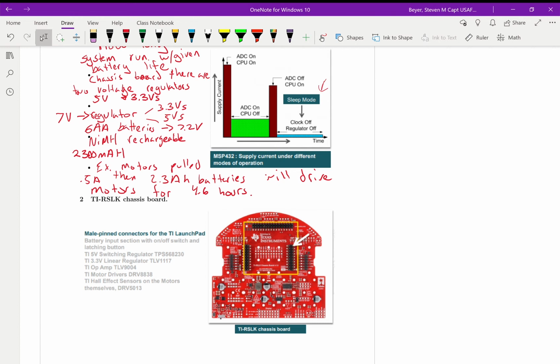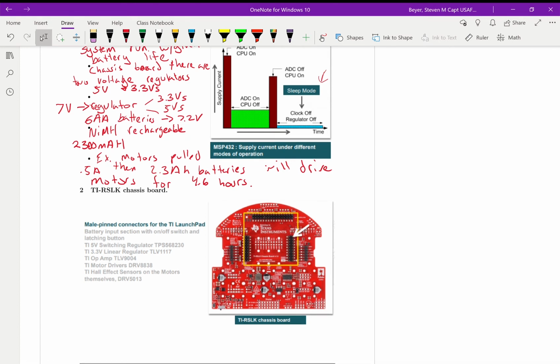Let's talk a little bit about the chassis board. So this is what the chassis board is. That's going to sit straight on the black chassis that is going to hold the motors and everything along that. But the chassis board itself holds the MSP432 in these three male pin connectors here. So your MSP432 is going to sit on top of that, along with,